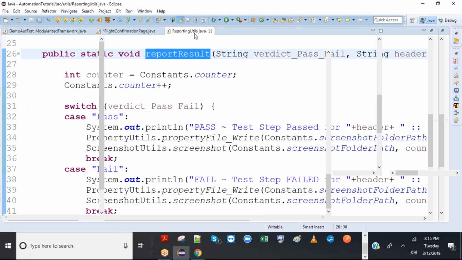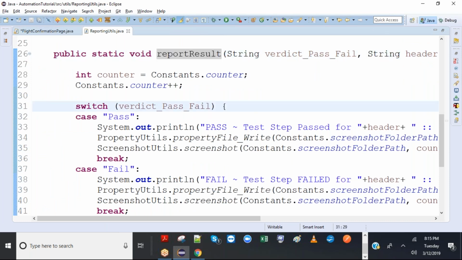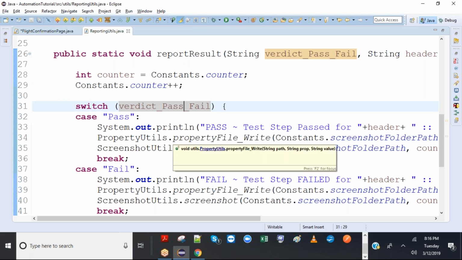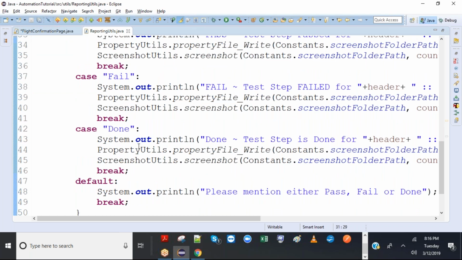So this does 3 tasks at the same time. Okay. So one is to report the pass or fail, another is to take a screenshot, and the other is to write the caption. Okay, so 1, 2, 3. And I created a switch case because this might be a pass. If both actual and expected are equal, it would be considered a pass, otherwise fail. Okay, there are other cases too.